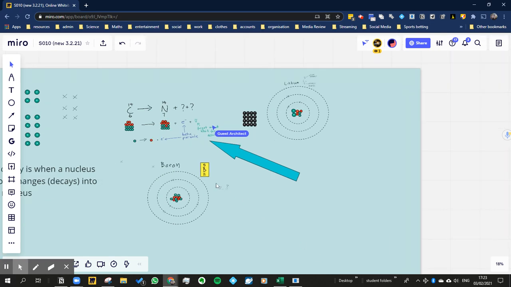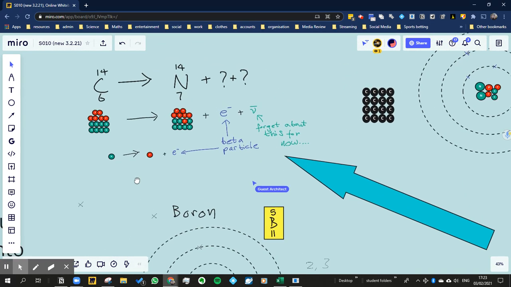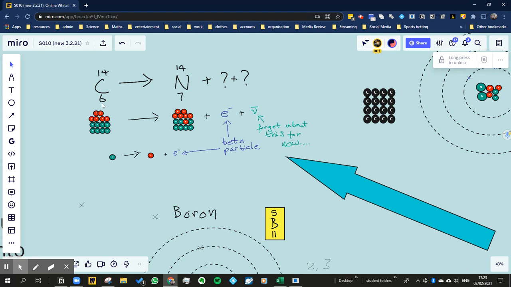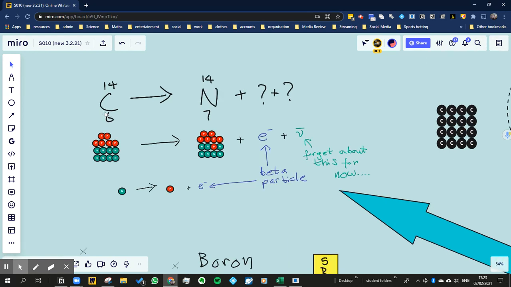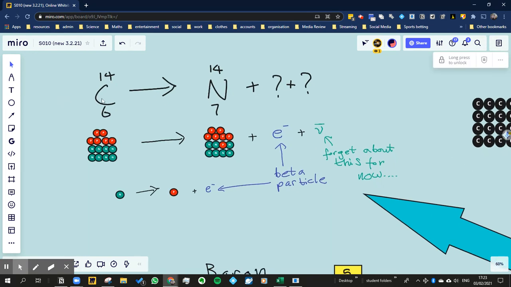So we're looking at beta decay, and beta decay is a bit of a weird one. We're going to look at alpha decay afterwards, but for now, let's just look at beta decay because it's the weirdest of the decays. Basically, for a start, any type of radioactive decay is when a nucleus of one atom changes into a nucleus